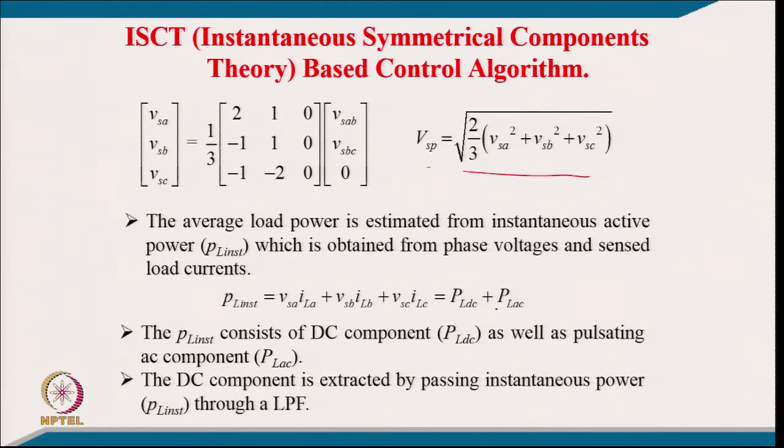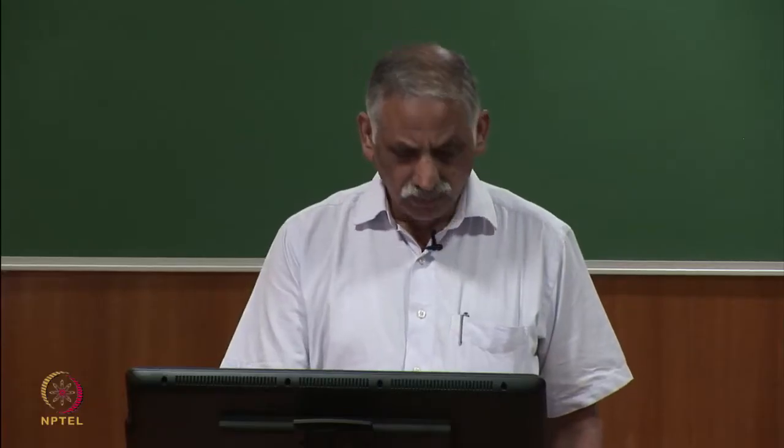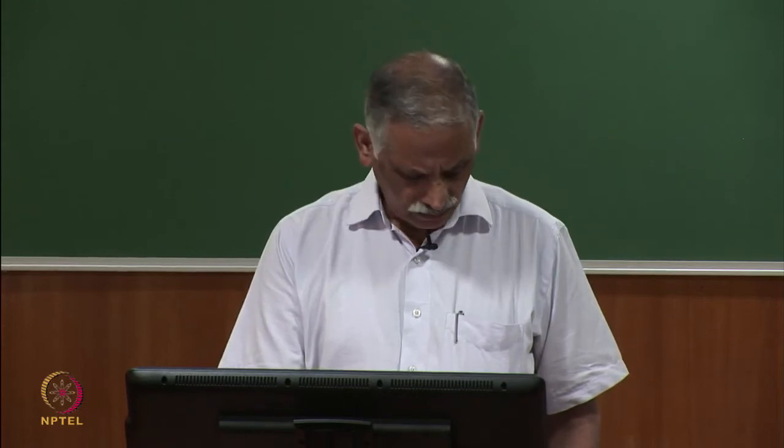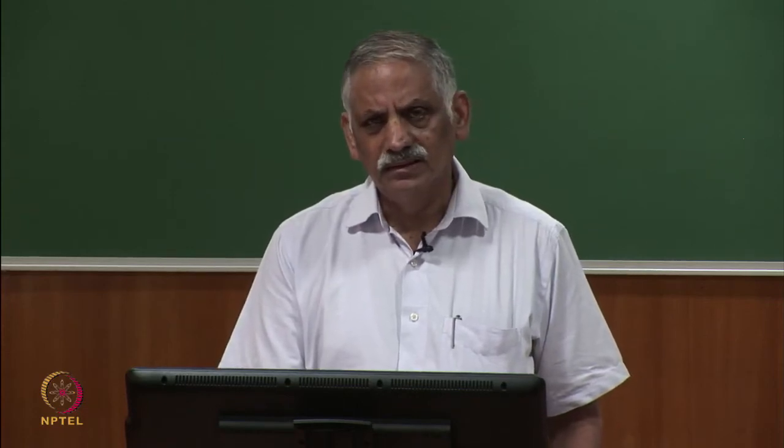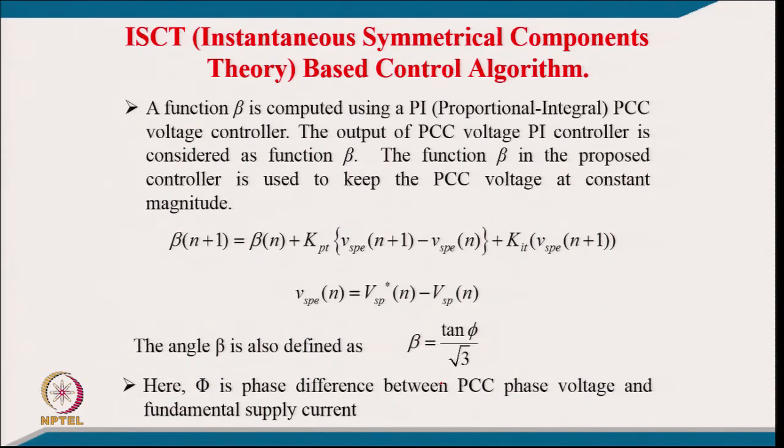This gives the DC and the AC, and it consists of a DC component as well as a pulsating AC component. The DC component is extracted from the instantaneous power through a low pass filter, which represents the fundamental active power consumed by the load, the real power which is normally used for doing work in the system. So, a function beta is computed using a proportional integral controller